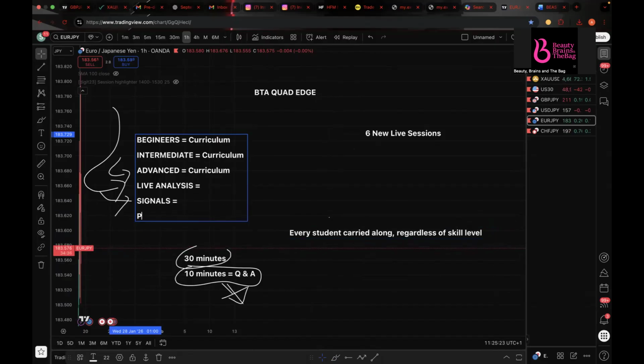So let me talk about personal mentorship. I didn't even add it. Now, what do I mean by signals? Most traders don't know how to use MT5, or they don't know how to take trades yet. They're calling out because they're probably using a new strategy or a new approach, and it's probably confusing to them. Or maybe they're just new and don't know how to use MT5.